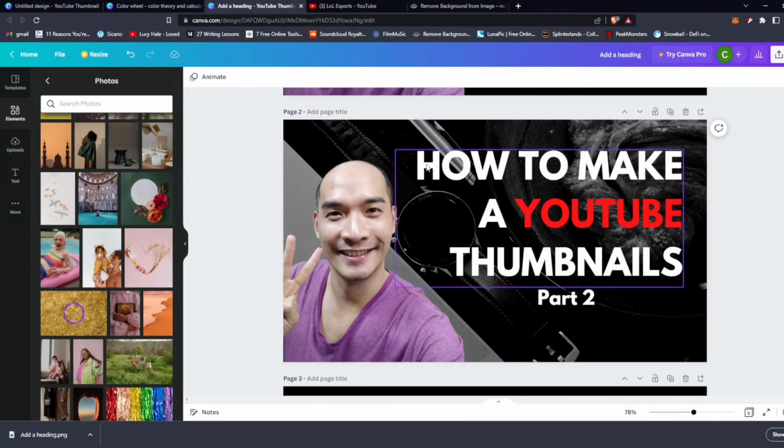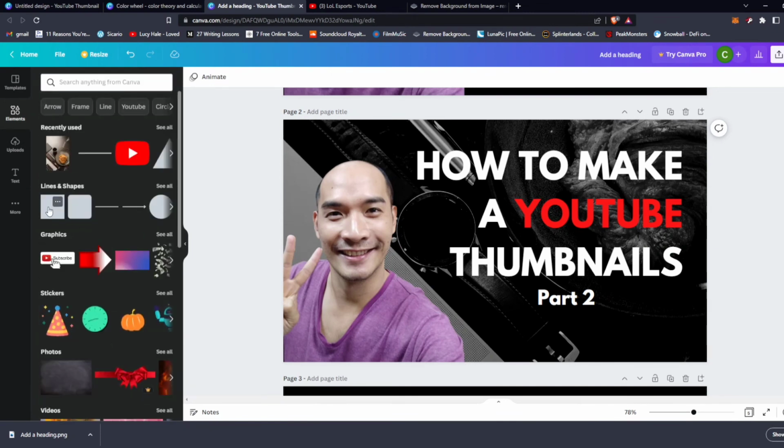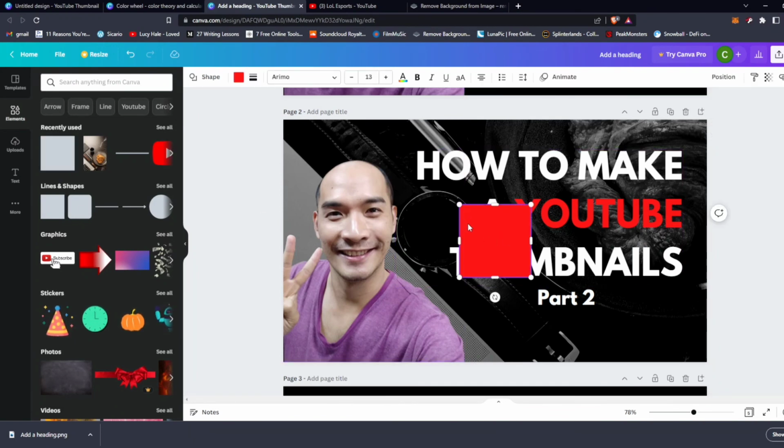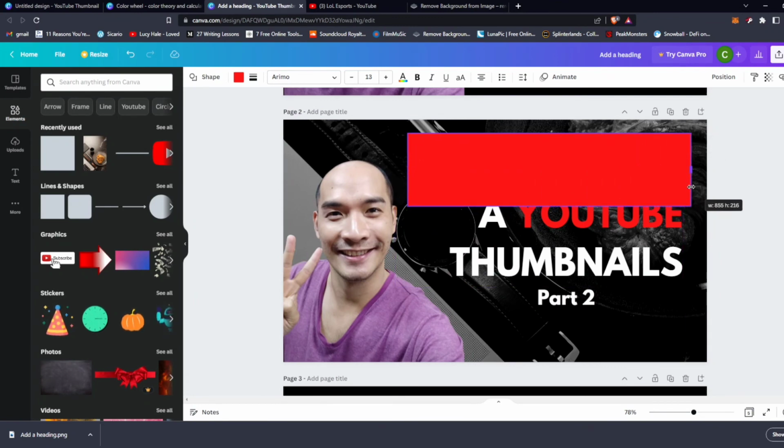Okay, so I kind of like this design the most, but the problem here is these parts. The white on the black and white background doesn't pop too much, as you can see in the picture. So what you could do here is you could slightly cheat the background. What you could do is put a square or a rectangle on the picture, right on top of the text,